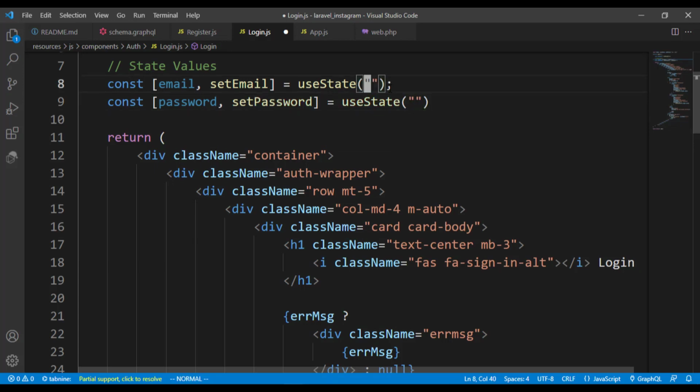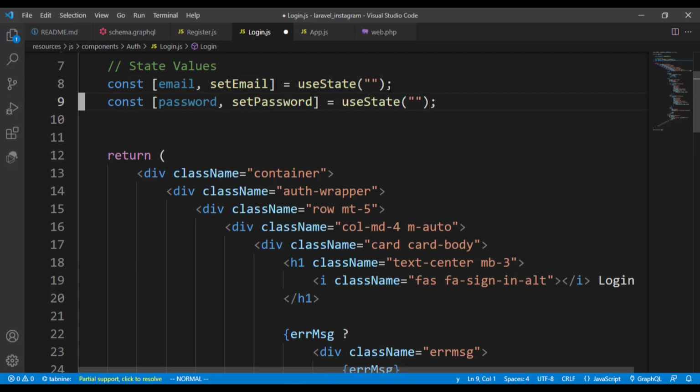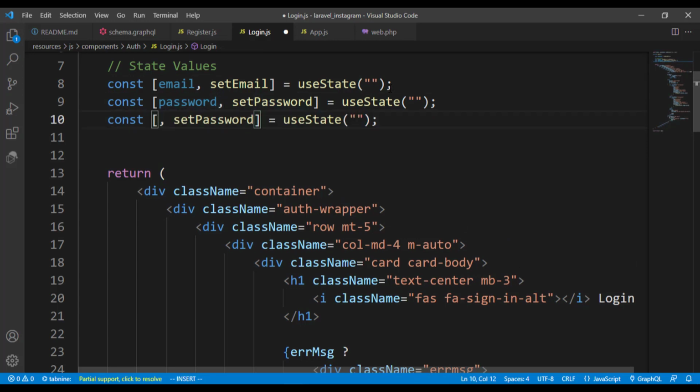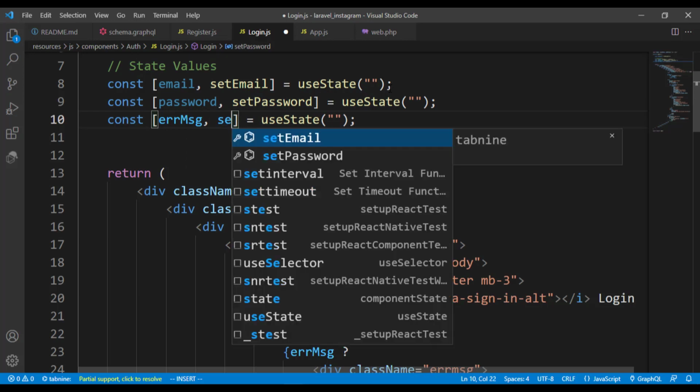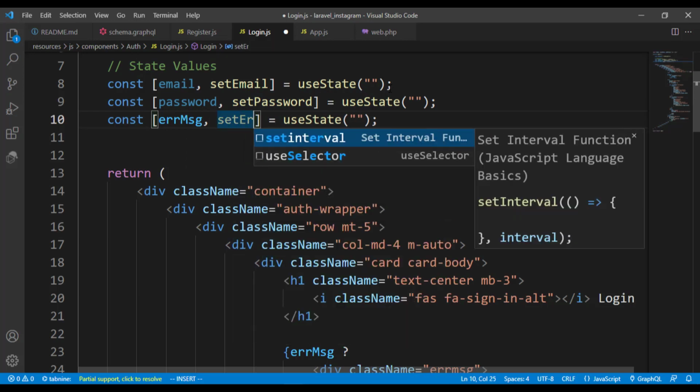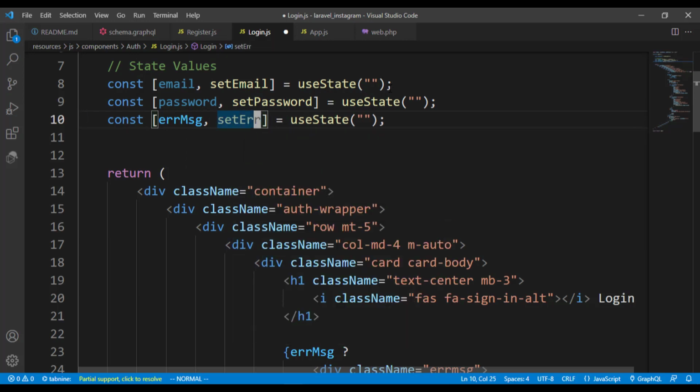Please don't forget to put the empty values. Let me just copy this, and we have the error message, which is going to have the set error. So that's it. And we also have to add the